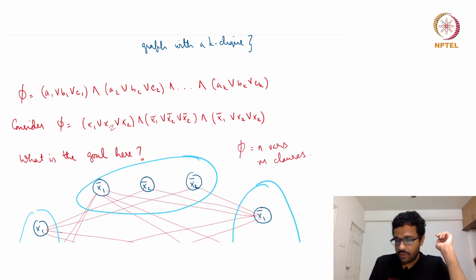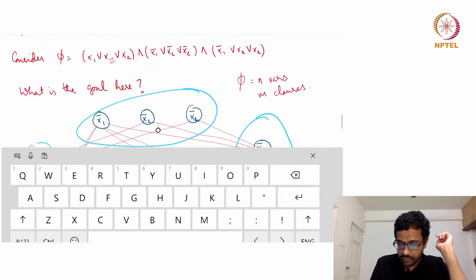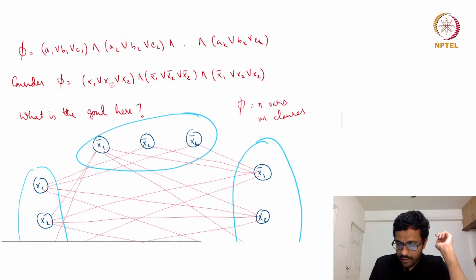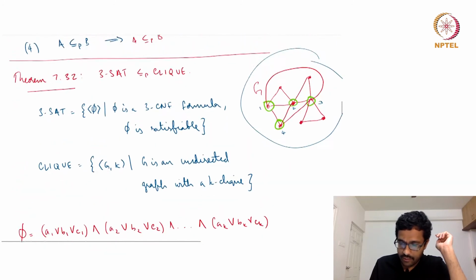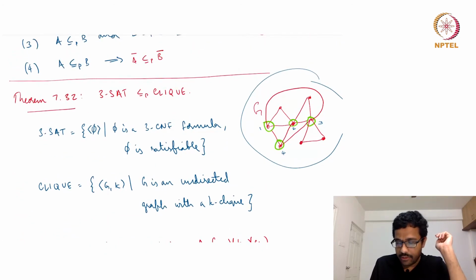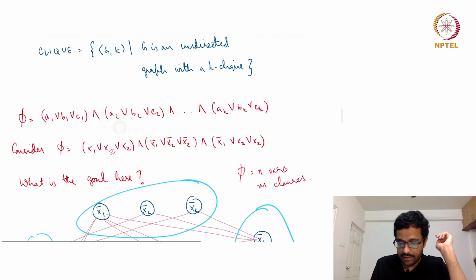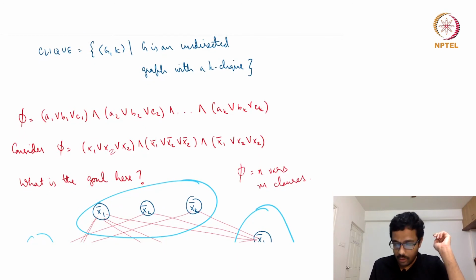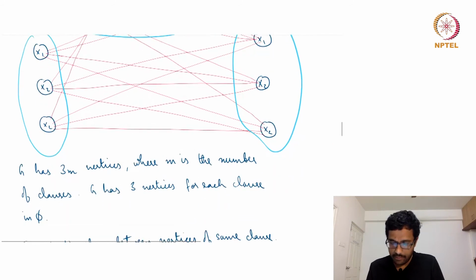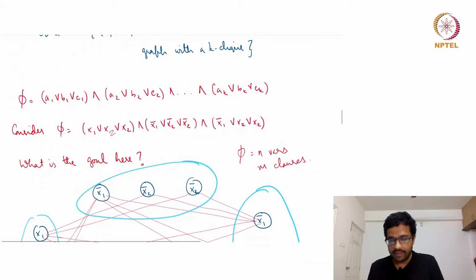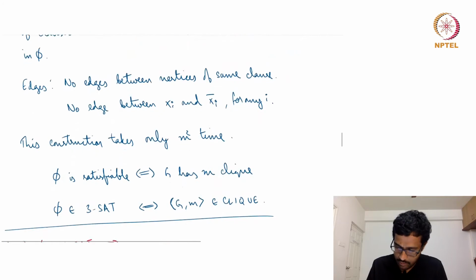So there are 2 variables here and 3 clauses, and we need to show that 3-SAT reduces to clique. This is an example 3-SAT instance, a Boolean formula in 3CNF form. The goal is to draw a clique instance, so come up with a graph G and a number k, such that, so maybe I'll show here,